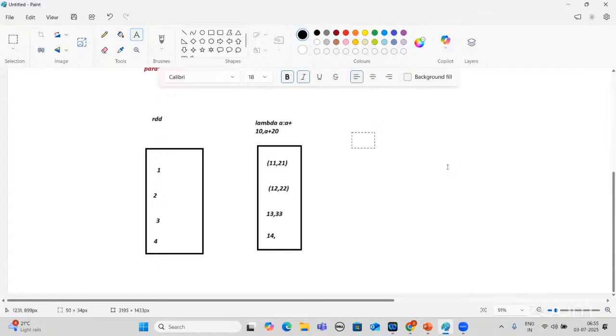If it is a flat map, then you will get the same values, 11, 21, 12, 22, 13, 23, 14, 24, in a series. But with map you are getting them in sets. Only that is the difference.